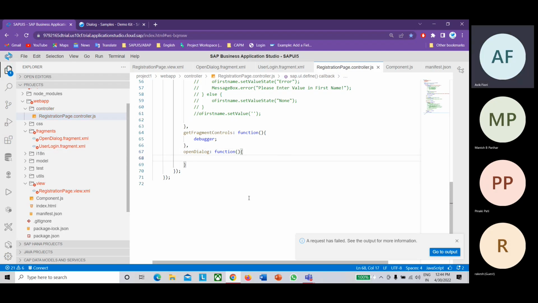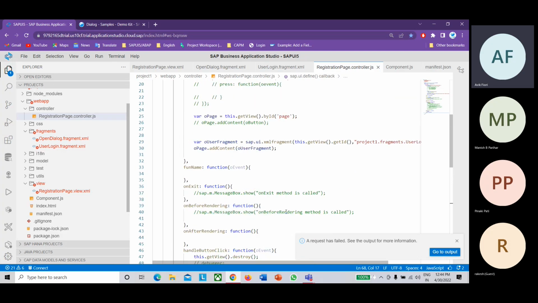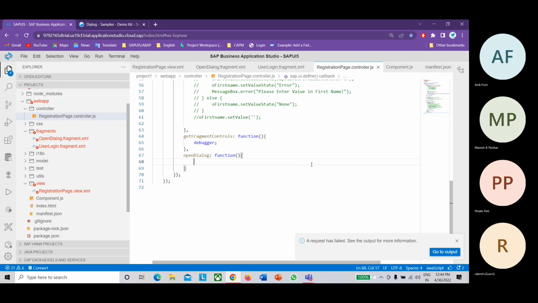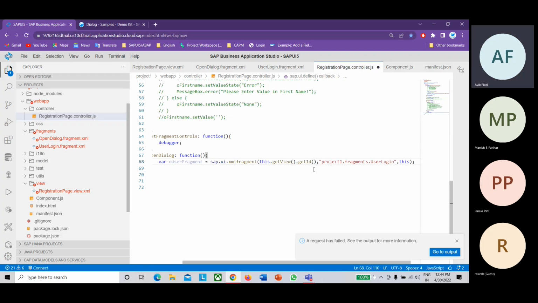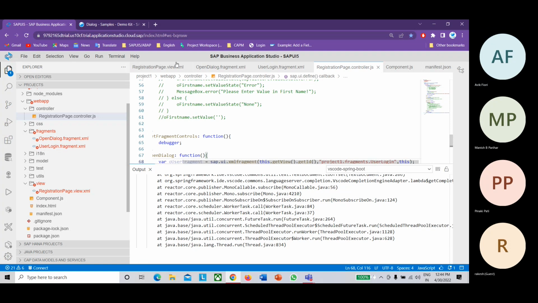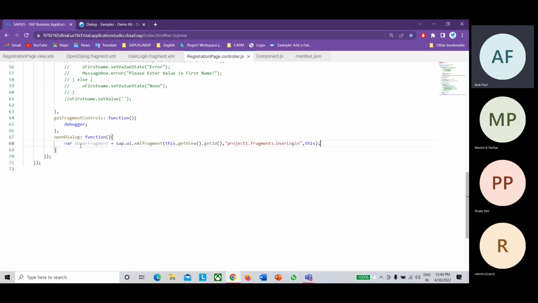So how to load the fragment? Same syntax, whatever we have written on the top, same you can follow. Only one change I will suggest you to do. Instead of the var keyword, you can use the this keyword.